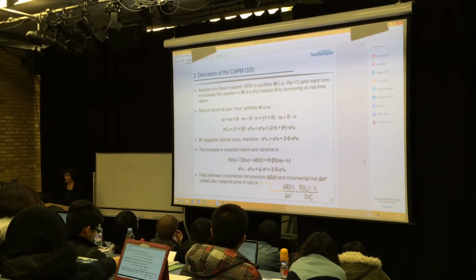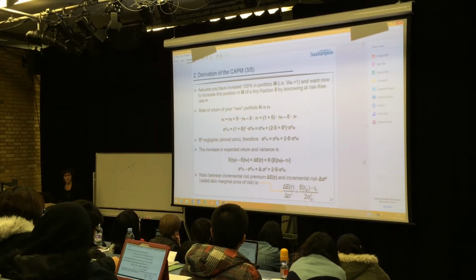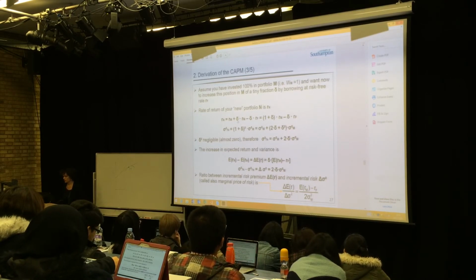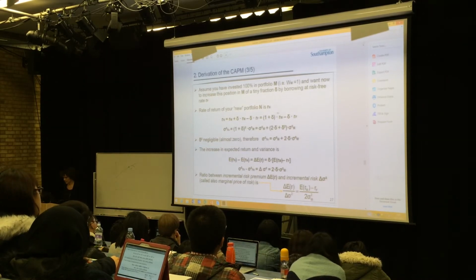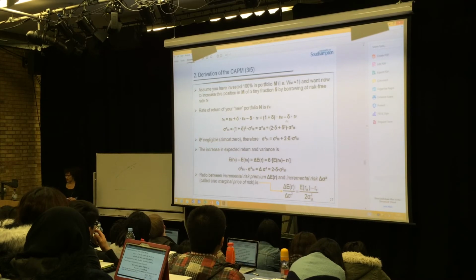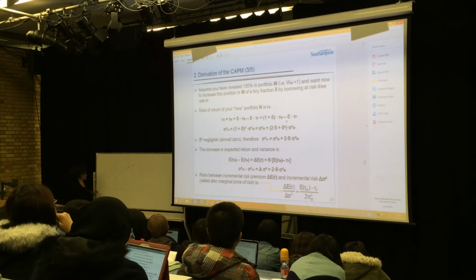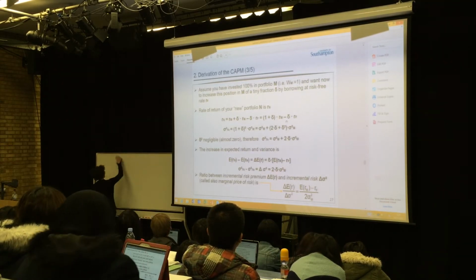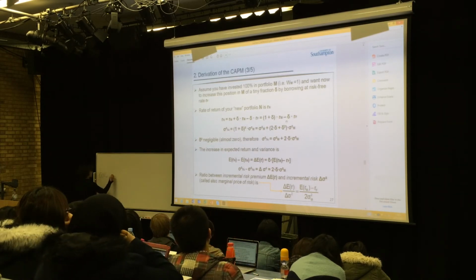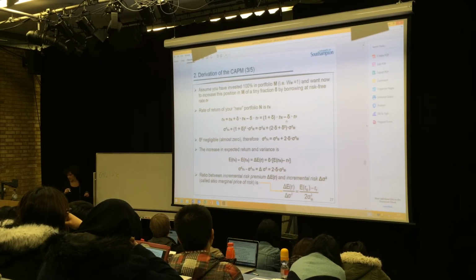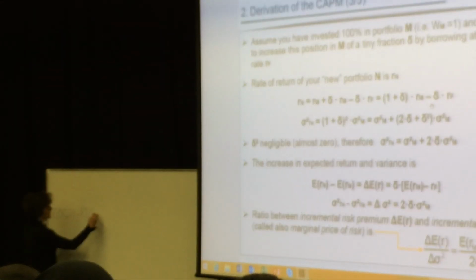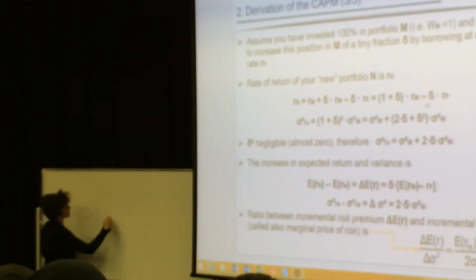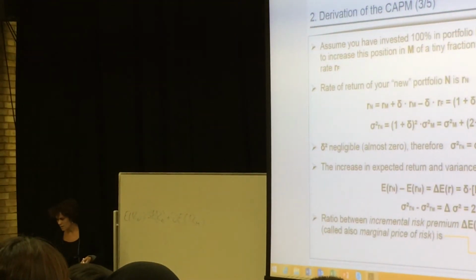And I can also see how much is the increase of expected return of my portfolio N compared to M. So if you just take the expected return of this quantity here, you can see that the expected return of N is just equal to the expected return of M plus delta times the expected return of M. So just looking at these terms here, minus